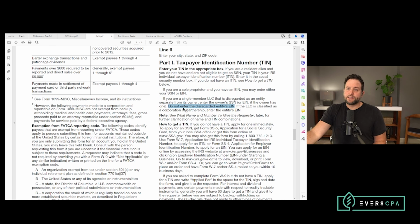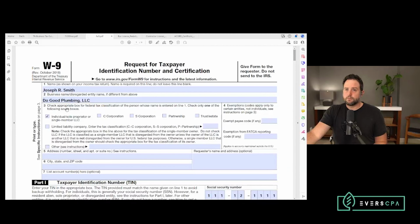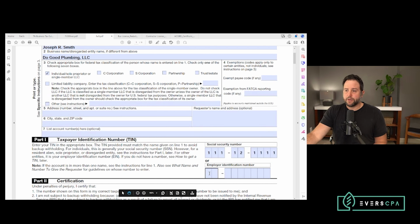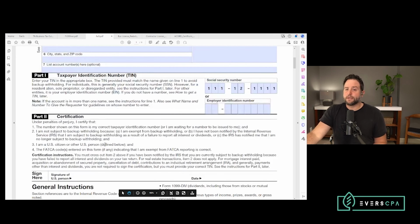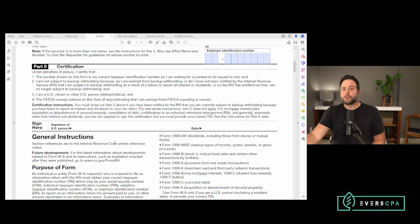Okay, so this is, I see this wrong all the time. I'll have a business, so say it's Joseph R. Smith, Do Good Plumbing LLC. I'll see in line 1, Do Good Plumbing. They may or may not even check that box, and then they'll slap the disregarded entity's EIN in this box. Okay, you know, you're signing. That's the next line here, part 2. You're certifying that this information's accurate, and basically that everything you've included is correct, you fill out this form correctly, and you've dated that. So that's really,